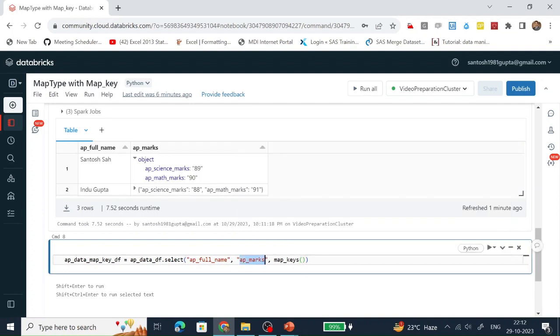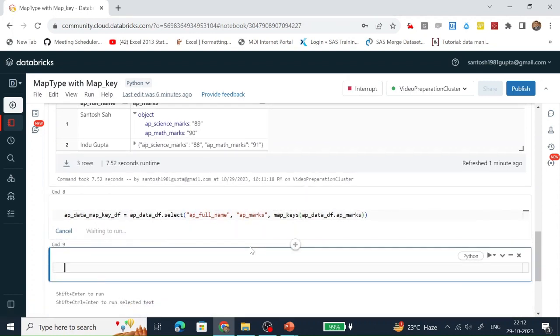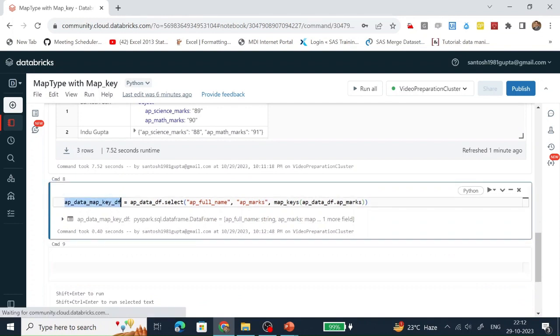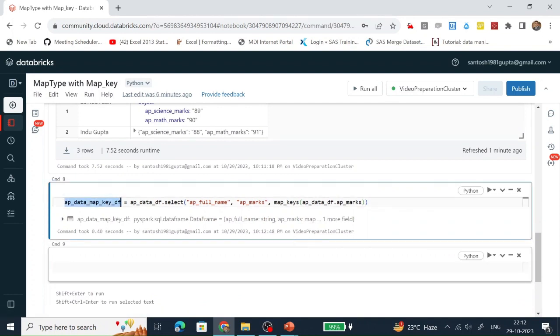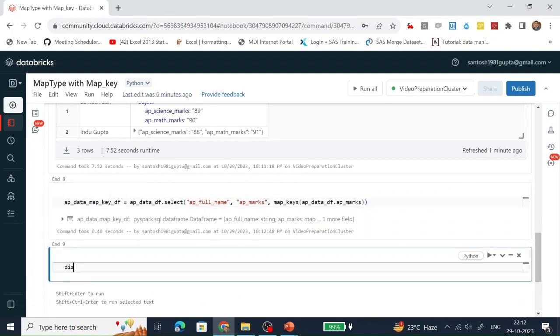We are fetching the keys from AP underscore marks. So first let's put the data frame name. In the data frame, this AP marks is the map type column. Let's run it. This data frame gets created. Now display the content.